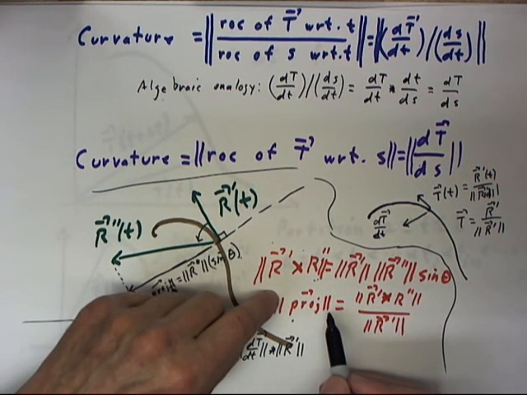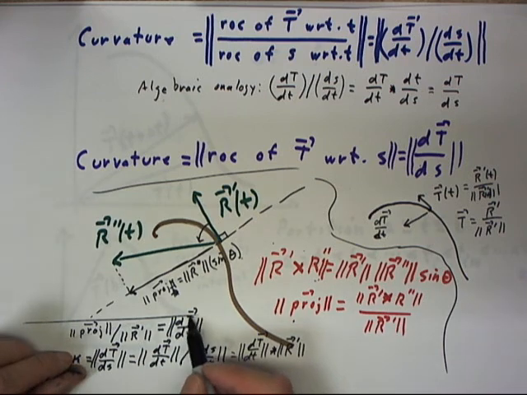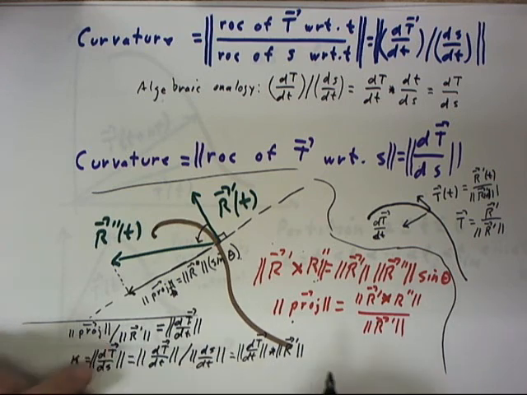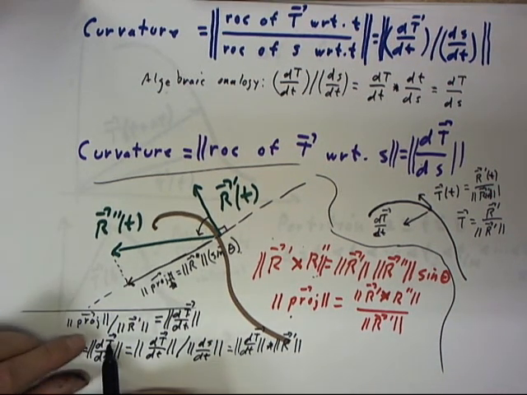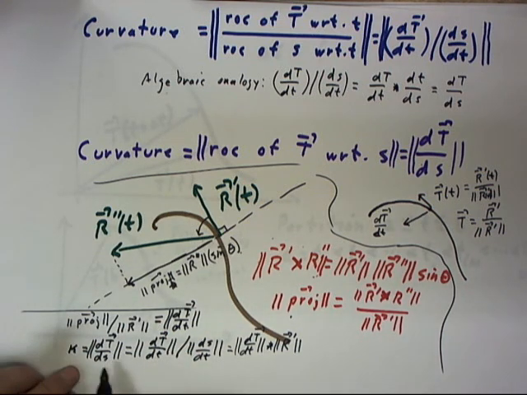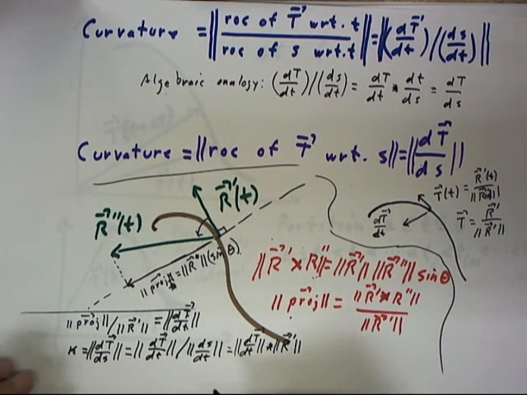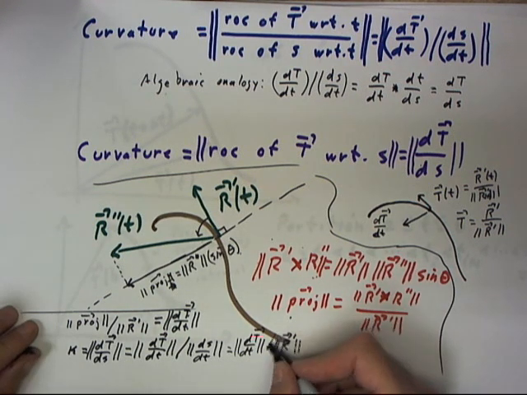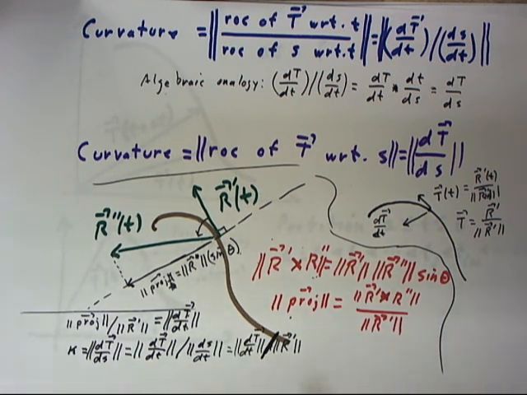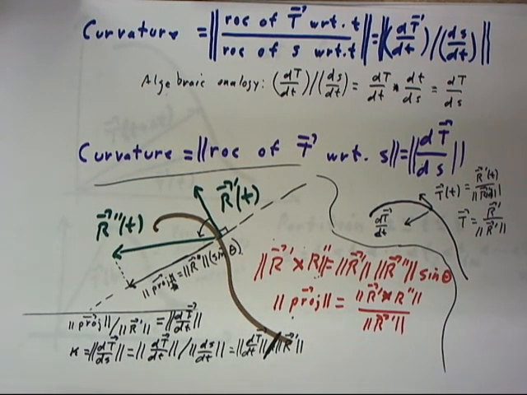So to get from the projection to the time derivative of the unit tangent vector, we've got to divide by the magnitude of r prime. Then to get from the derivative of our unit tangent vector with respect to time to the derivative with respect to position, we have to divide again by r prime, and I wrote this as a multiplication. It's a rather intimidating division sign there. But this is what's going to happen. So we're going to have to divide this expression twice by r prime, and that leads us to the expression